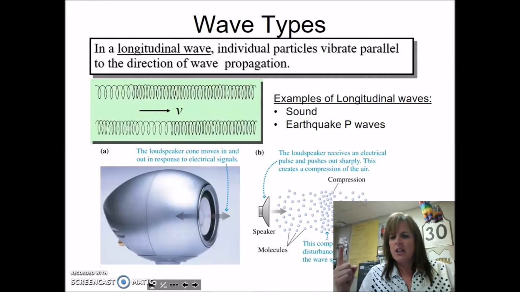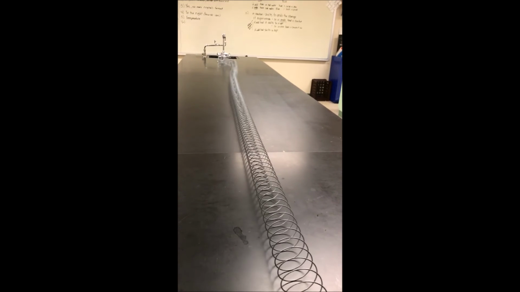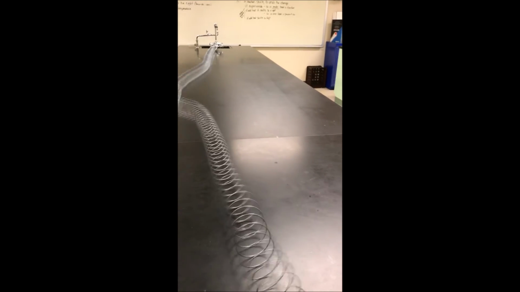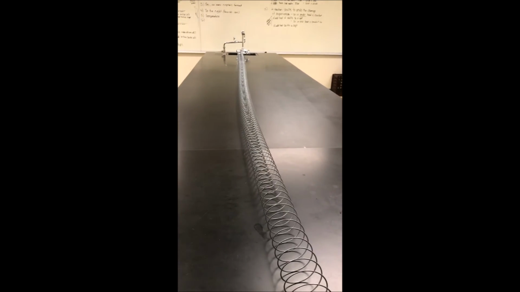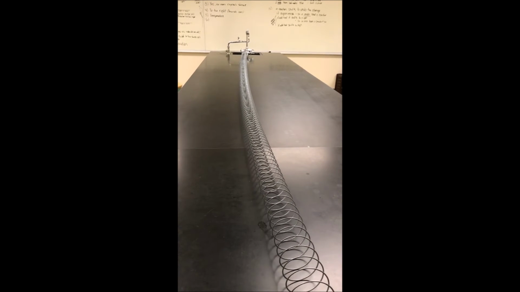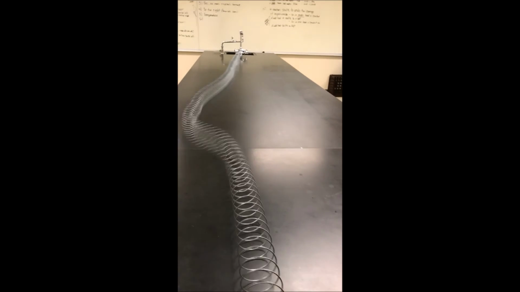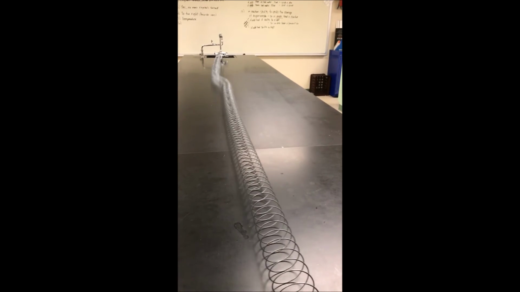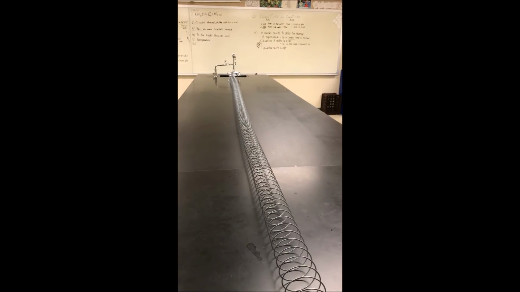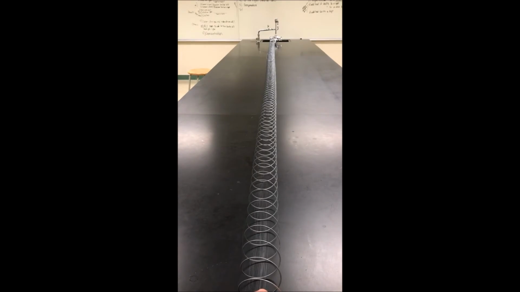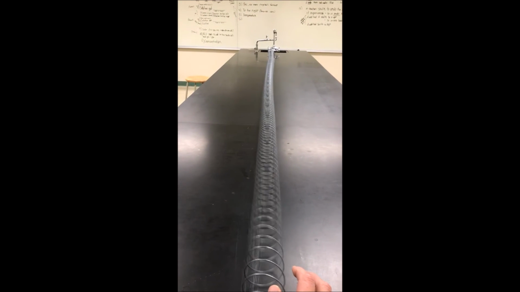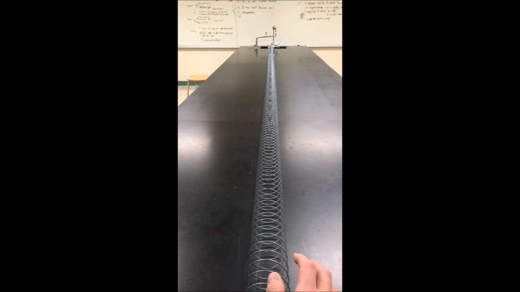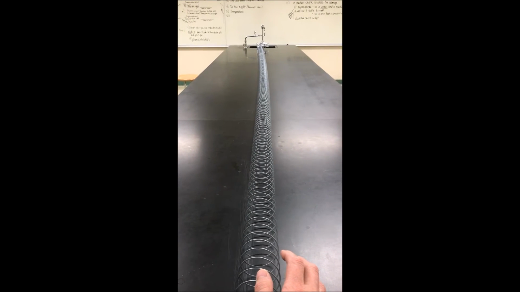In fact, let's take a look at two different types of waves using a slinky. Transverse wave: the medium oscillates perpendicular to the direction of wave motion. Notice how the wave reflects when it reaches the end of the bench. Notice that it comes back inverted, or on the opposite side of the bench. We're going to talk about that at the end of this video. In a longitudinal wave, the wave medium oscillates in the same direction as the wave motion.